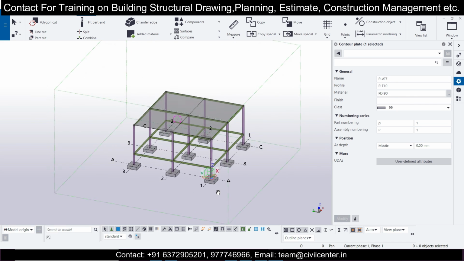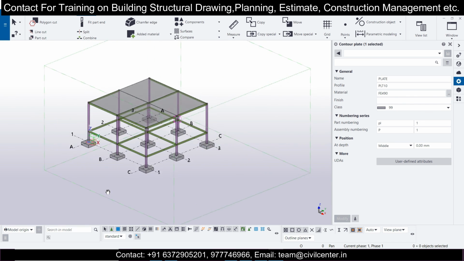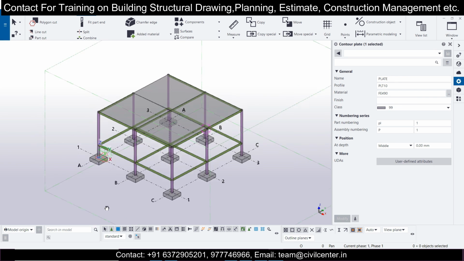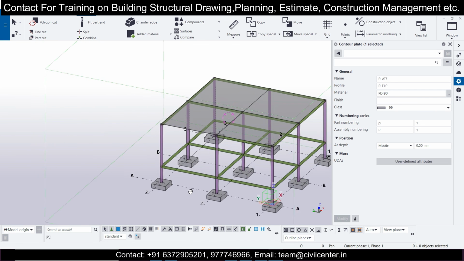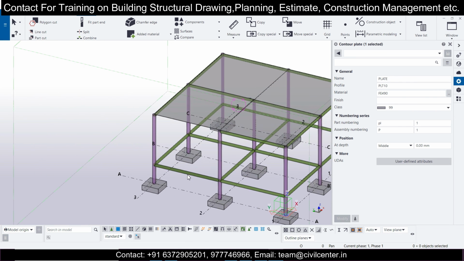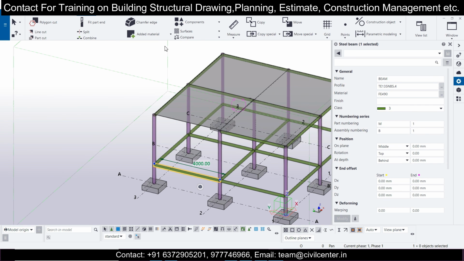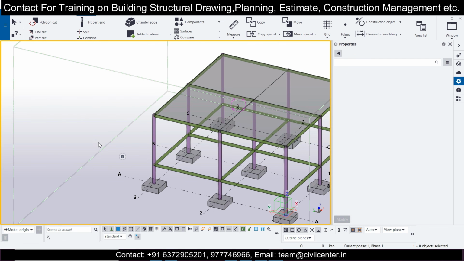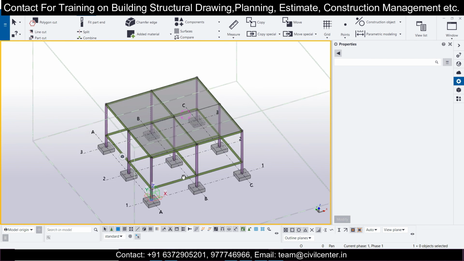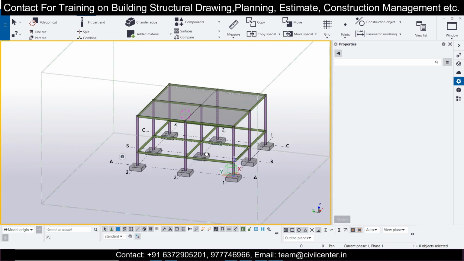Columns are of steel circular sections, beams are of hollow circular sections, and you have this one beam missing. So you also need to check this: go to edit, and then copy, and copy this. After you do this copy part, this is ready.